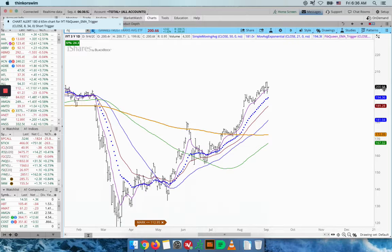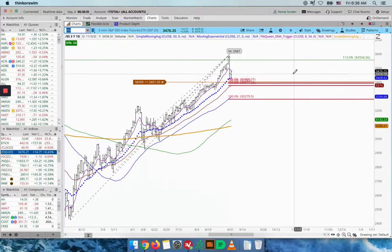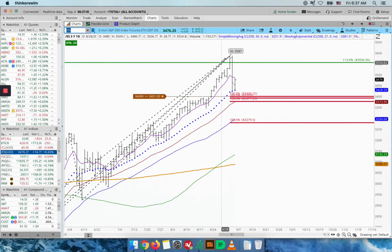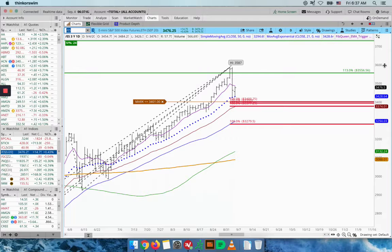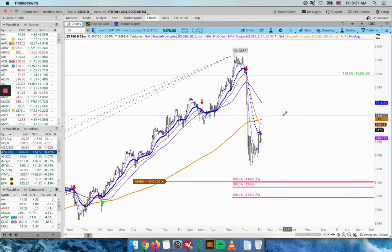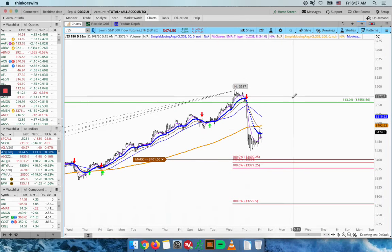Taking a quick look at the futures for S&Ps, we had a pretty significant pullback yesterday, and I was looking at this 3550 area as a possible top, and we did start to pull back. Now, what's going to happen next? We're going to take it one day at a time, as price is currently trading below that 200 moving average on the hourly chart. As that 50 crosses against 200, we can see some more selling, more pullbacks in the